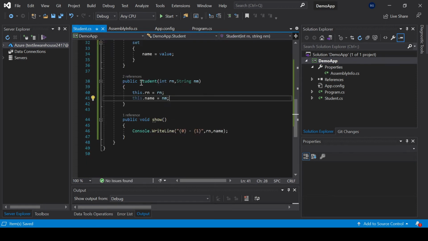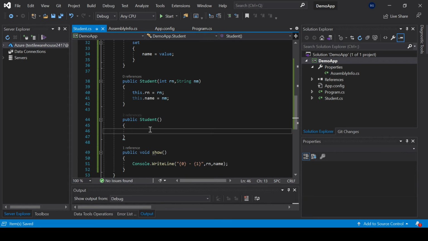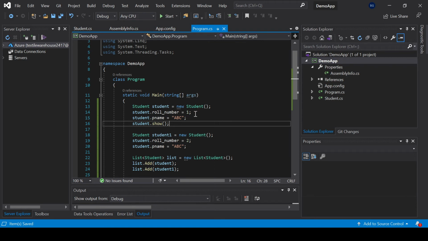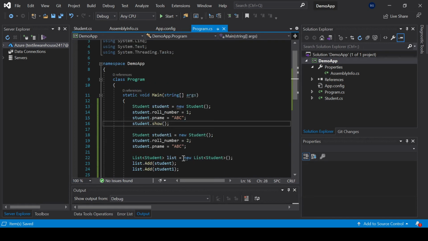But if we create a parameterized constructor, we have to create one empty constructor too. If we don't create this one, then in main some error would be there that this particular constructor is not there in the student class. So we have to create one empty constructor if we want to create a parameterized one, right? Now over here in